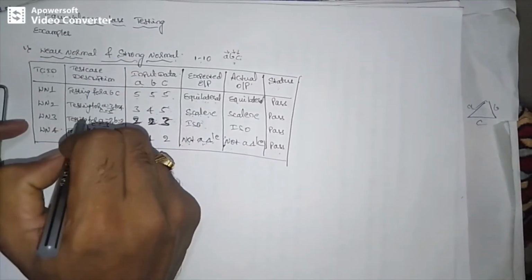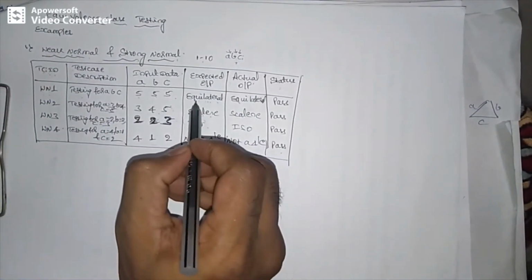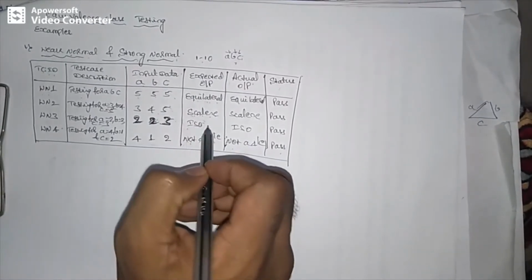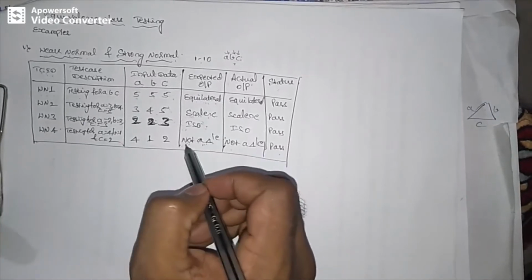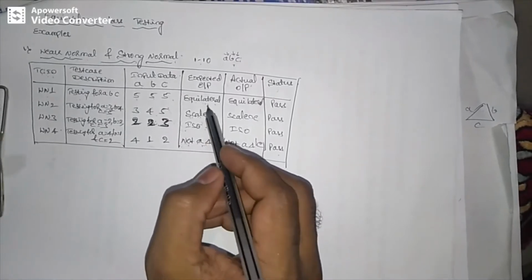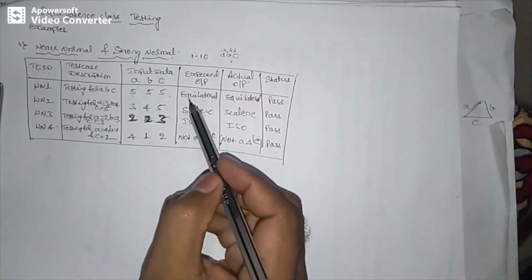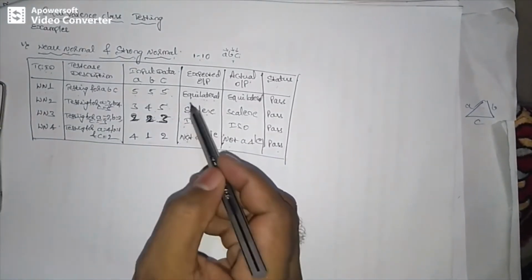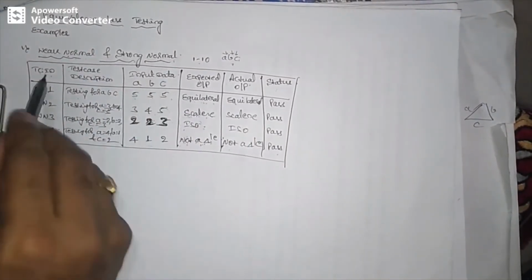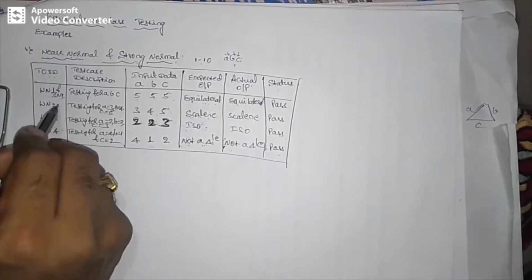But when I move to the strong normal test cases, they are similar to the weak normal test cases, but here we are generating redundancy of the output result. 2 times I will generate the equilateral triangle, 2 times the scalene triangle, 2 or more times the isosceles triangle, and 2 or more times not a triangle. Therefore we won't write the test cases separately for strong normal. The same test cases which we have considered, we use for strong normal also. Therefore here we call it WN1 and SN1 also, strong normal 1, strong normal 2.